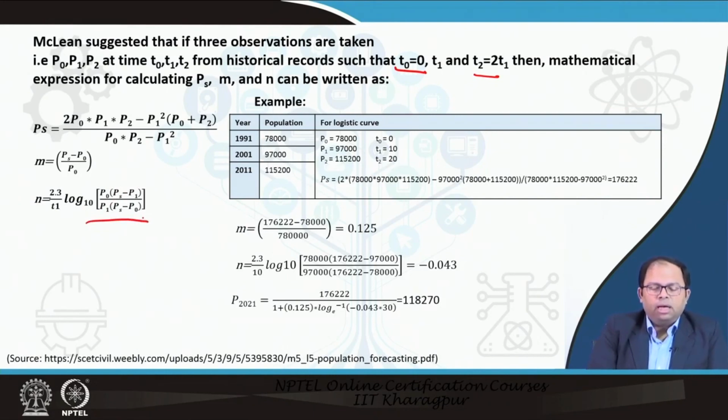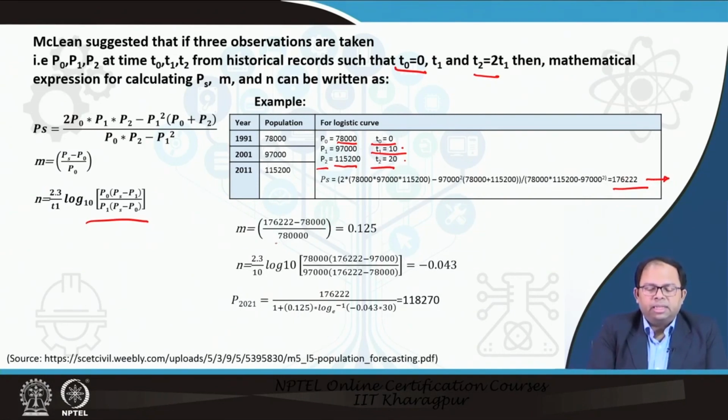So, using this formula for this particular example, we have population in 3 time periods. P0 is 78,000, that is time period 0, then P1 is 97,000, which is time period 10, and P2 is 1,15,000, which is for time period T2, which is 20. So, this is the first decade and the second decade, and we can estimate Ps using this particular formula, which comes to around 17622, and this is the saturation population beyond which the population will not grow